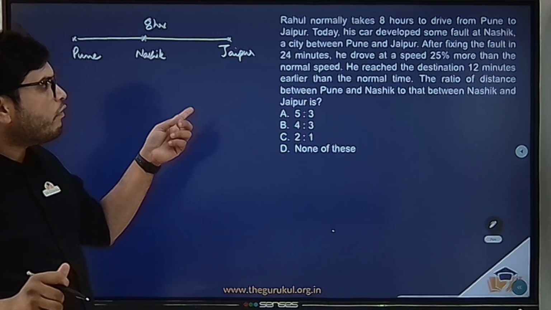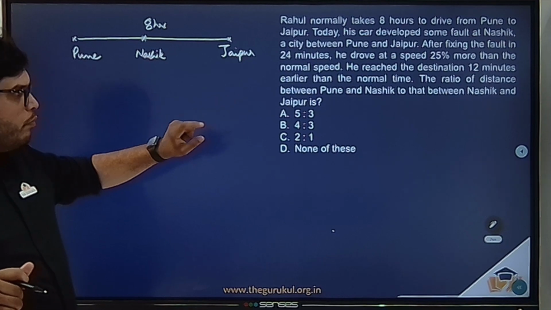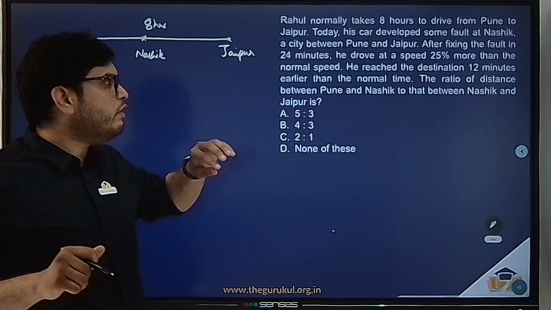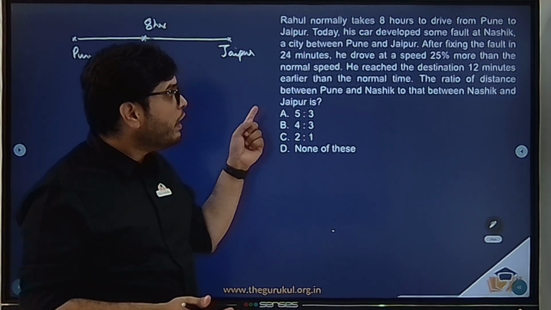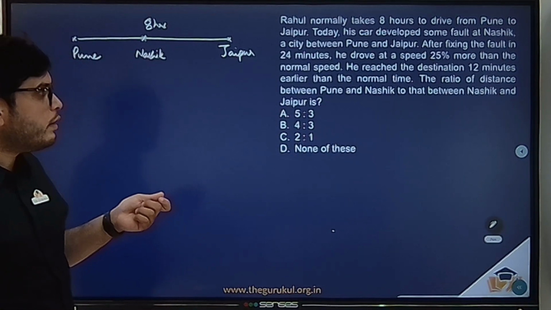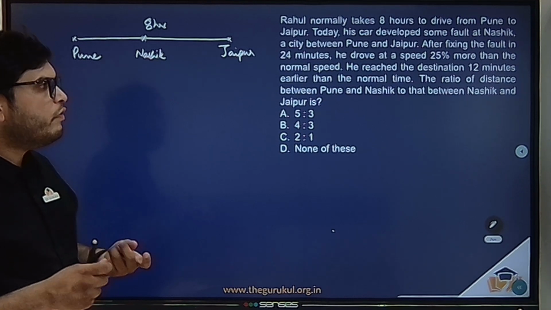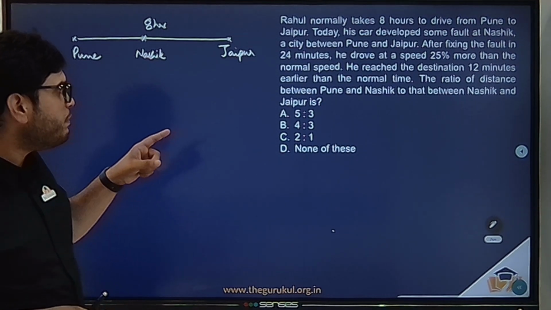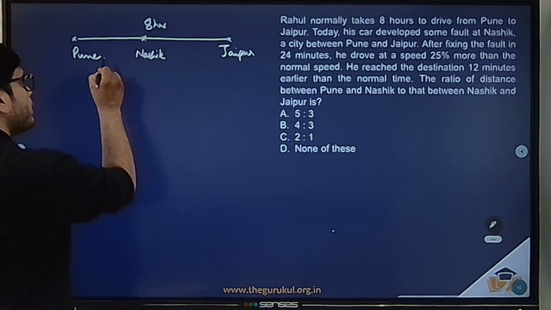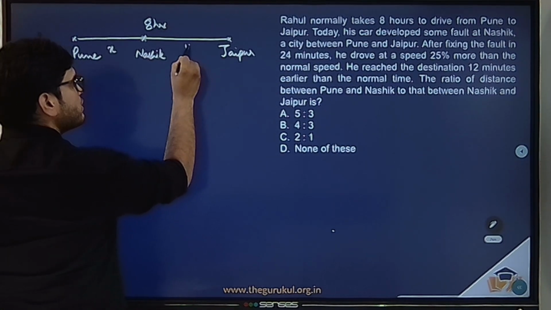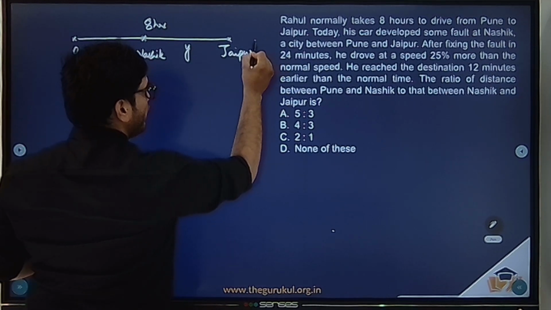Right. Now after fixing the fault in 24 minutes, he drove at a speed 25% more than the normal speed. So he increased the speed. He reached the destination 12 minutes earlier than the normal time. Great. Now we are asked to find the ratio of distance between Pune and Nashik to that between Nashik and Jaipur. So let me consider this distance as x and this distance as y, and let his usual speed be